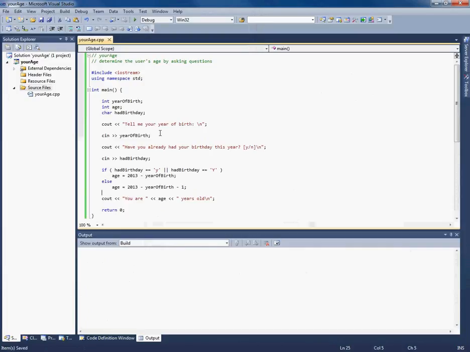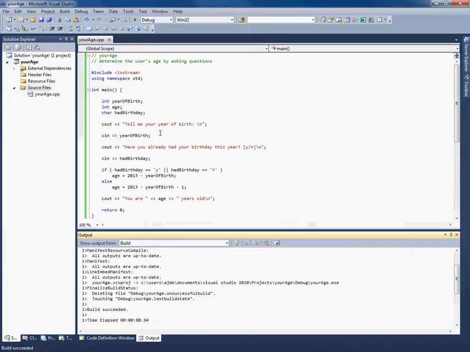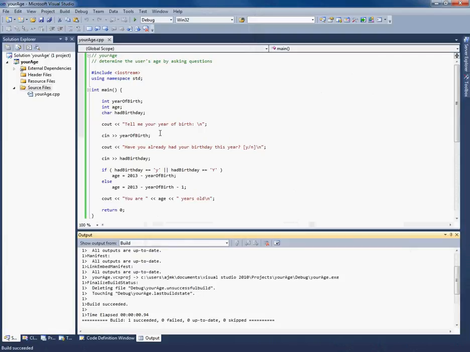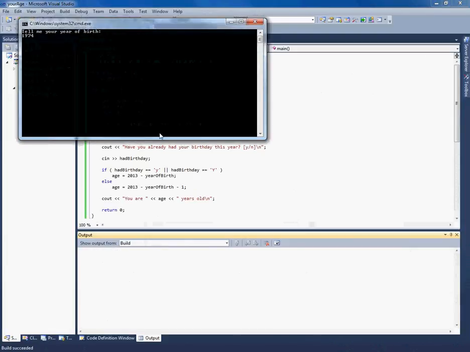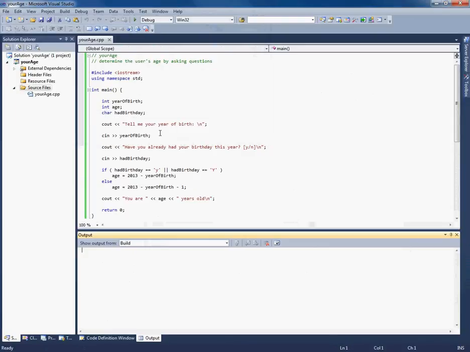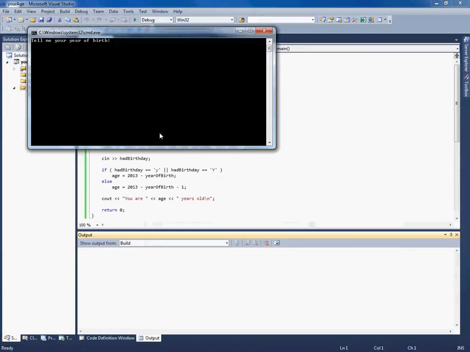Okay, so now I think this, if this compiles, press F7, check that it compiles, it does. Now I think this will take into account the case where I haven't already had my birthday. So let's see, have you already had your birthday this year? Well, I have, so let's test that it works this way first. I'm 39, indeed I am. Control F5 to run it again. Let's pretend my birthday is the 1st of December. I haven't already had my birthday this year, so I'm 38.